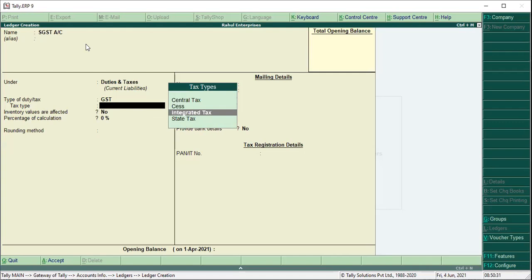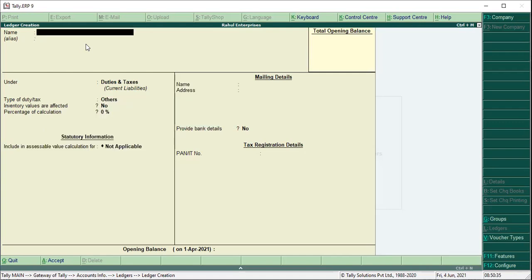Select state tax. Save it, Control plus A. Now we created the purchase ledger, the party name, and the tax ledgers. So instead of creating input CGST and input SGST, just create CGST and SGST.